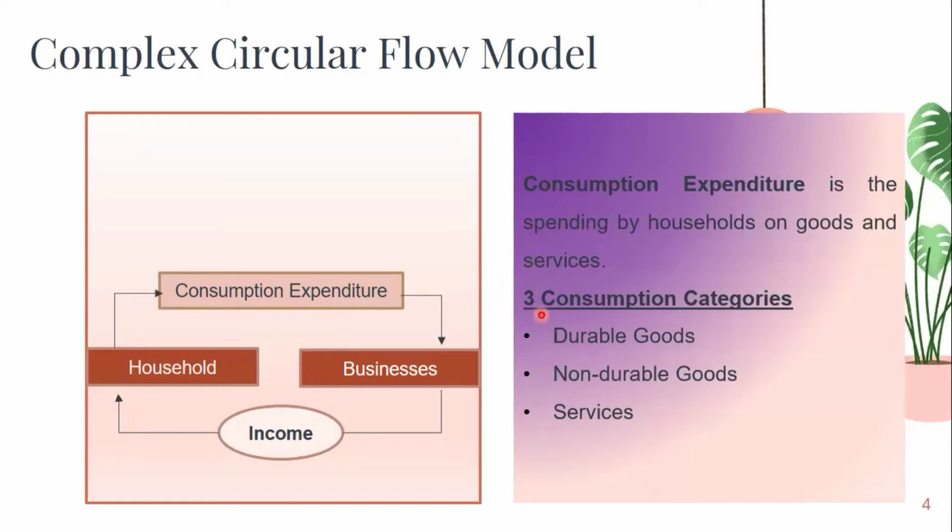And we have three consumption categories: the durable goods, non-durable goods, and services. Durable goods are those goods that last for more than a year. Examples are furniture, appliances, and any other things that last a year. Non-durable goods are goods that tend to last for less than a year. Common examples are foods and groceries. While services are activities that provide direct satisfaction of wants and needs. Common examples are entertainment and education, like cinema, massage parlor, salon, and anything that gives you satisfaction without production of